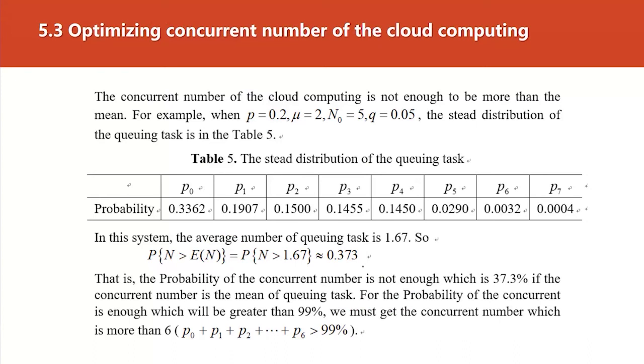The third one is optimizing the concurrent number of cloud computing. The concurrent number of the cloud computing should not be less than the mean. For example, when P is given, the steady distribution of queuing tasks is in Table 5. In this system, the average number of queuing tasks is 10667. So the probability that the concurrent number is not enough is